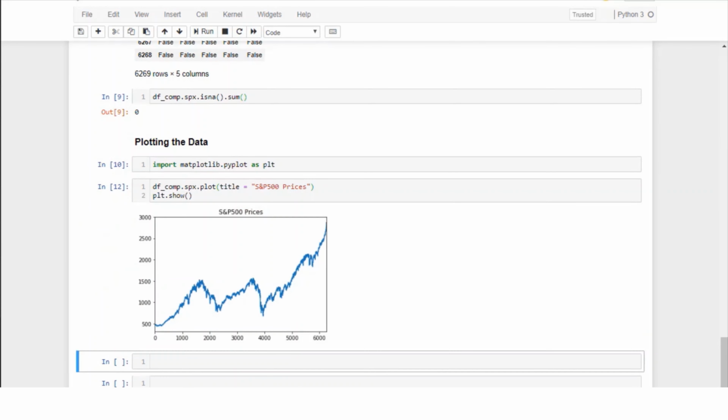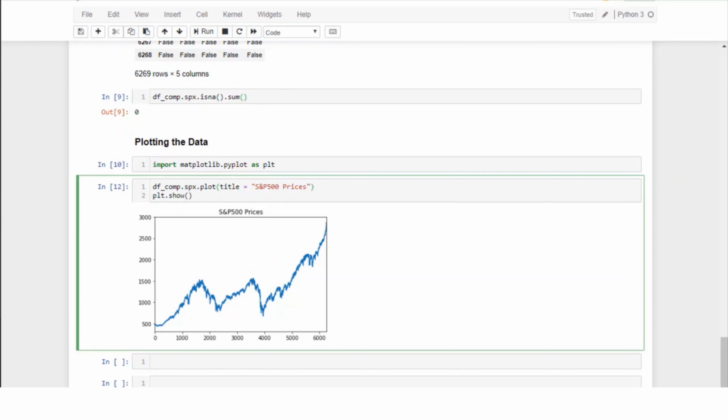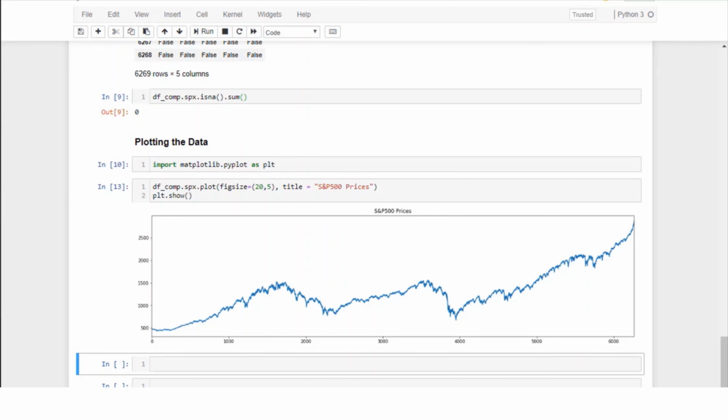By running the cell again, we get the same graph as before, but with a title at the top. Additionally, we could stretch the graph so we can observe how values change more closely. To do so, we set the figsize parameter value equal to (20, 5) in parentheses. Great work! Observe how the price of the S&P fluctuates. There are periods of booming growth, followed by sharp falls. The first 2 large peaks, followed by periods of turbulence, represent, of course, the dot-com and the housing market bubble,